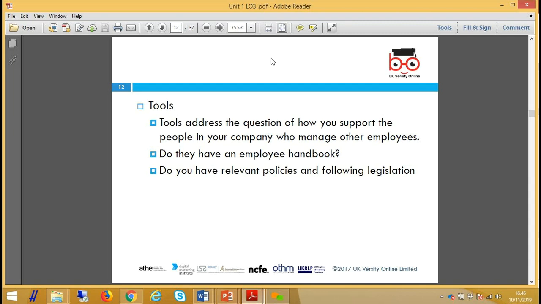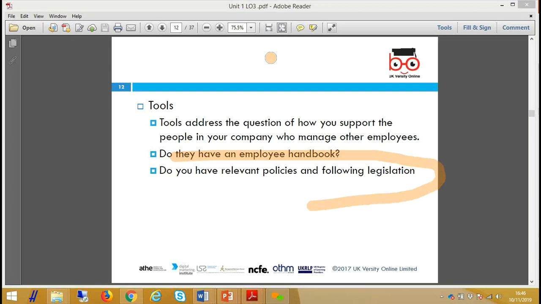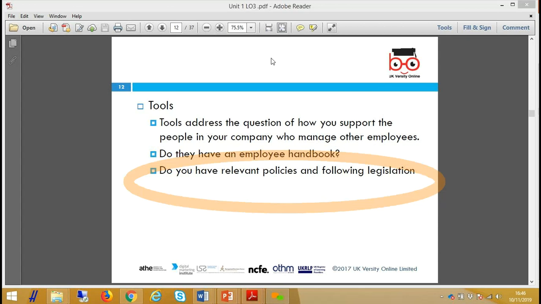So you need to have an employee handbook, because this is also very useful in terms of supporting managers and employees, having the tools to know the information they need, decisions they need to take, and so on. Right? And then if there's a change in legislation, you need to be able to update your HR policies or handbook. So you have relevant policies, and especially where legislation has changed, very important.